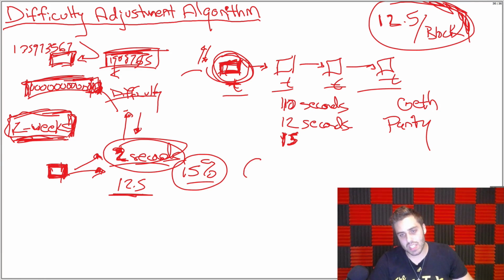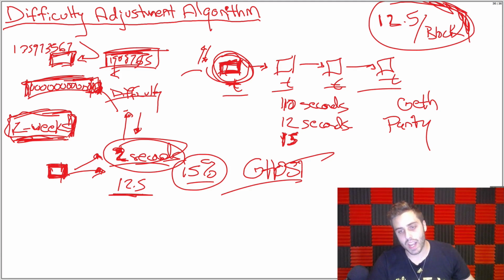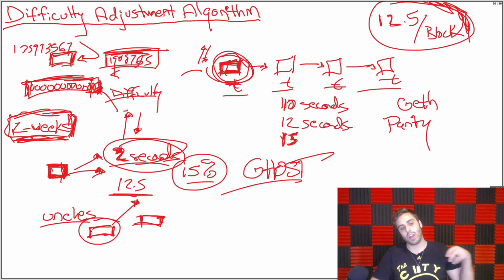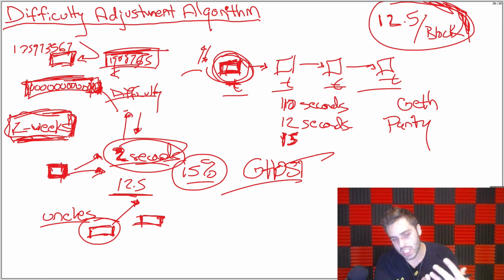So Ethereum has this thing called the Ghost protocol, which is part of the initial Ethereum spec. And the Ghost protocol has these things called uncles. And the whole point of uncles is that if you mine a valid block, but it doesn't make it into the main chain, you can still include that in the block of a block that's on the main chain. So a miner can look at an uncle block, which is a valid block that's been broadcast to the network, but didn't make it into the main chain.